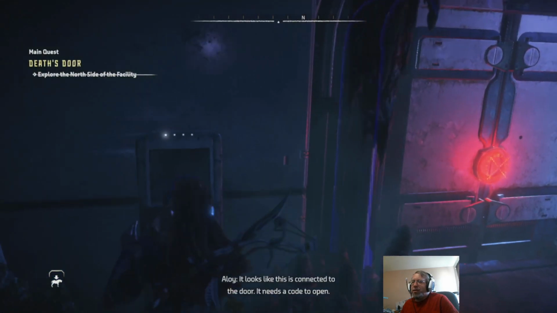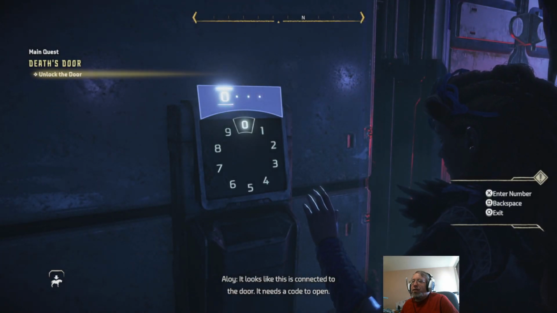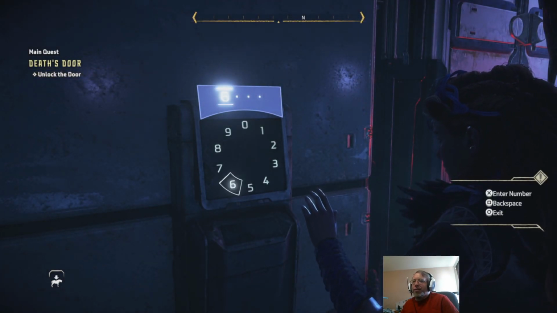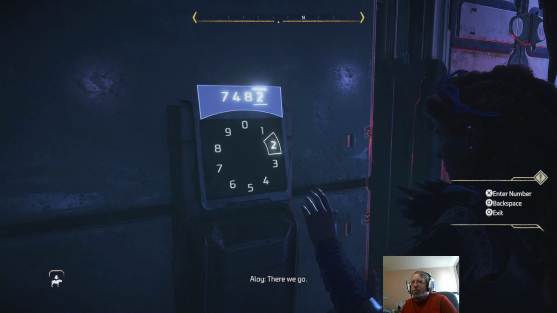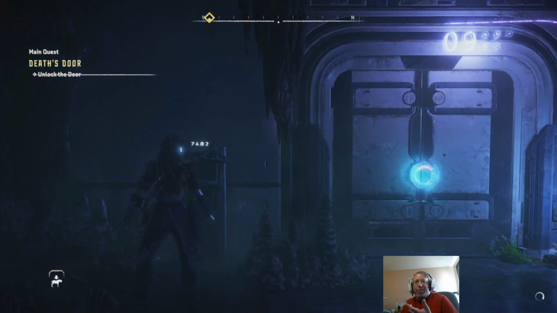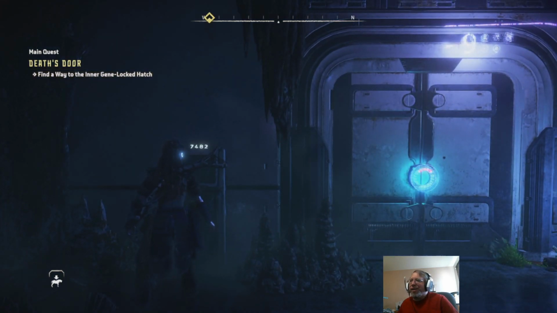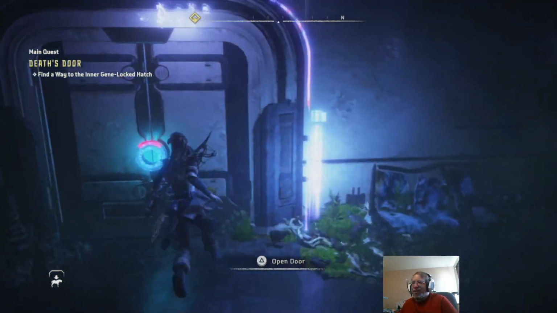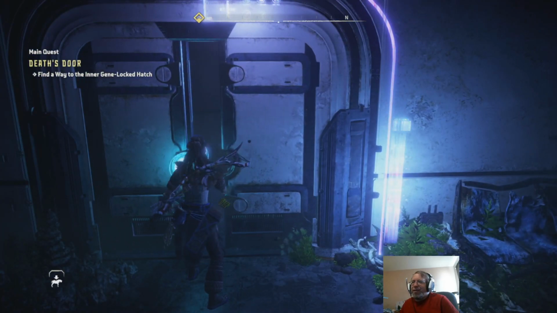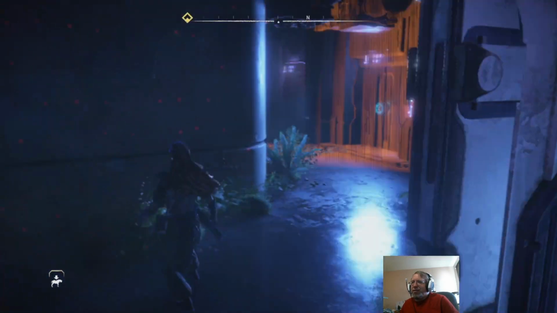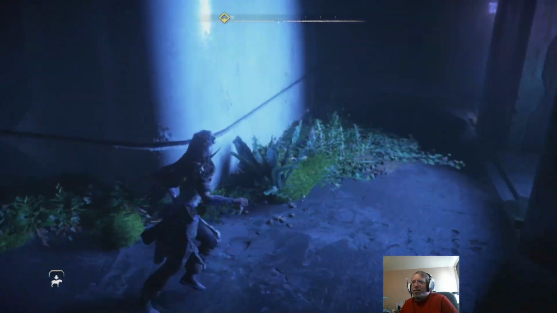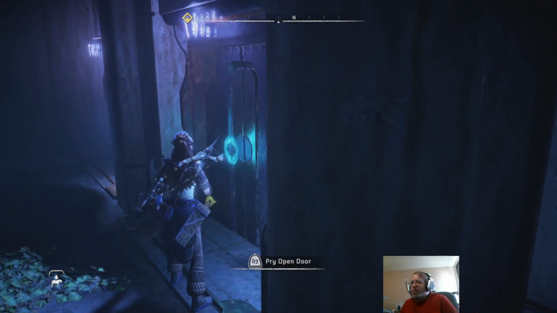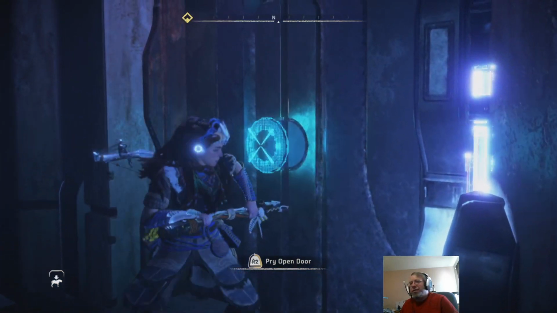Looks like this is connected to the door. It needs a code to open. 7482. There we go. And remember, he liked Sovereign 7482. Whatever that did. Alright. Oh, gotta pry it open.